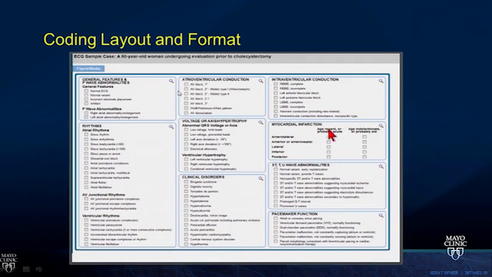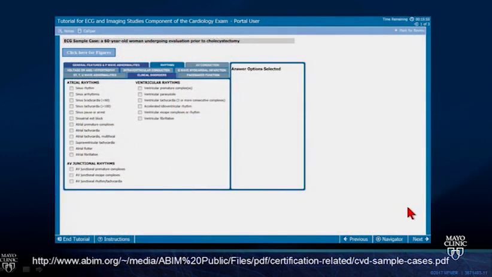One of which that came up as a bit of confusion last year is this Q-wave versus non-Q-wave kind of thing. The board in their scoring system actually moved away from use of the term Q-wave, but as I'll go on to explain a little bit later, it's actually probably a good thing for you to keep in your mind when you're coding these things in terms of myocardial infarction, because there are differences that are important in terms of the way the boards are looking at these things. But beyond that change here, where they removed Q-wave and non-Q-wave, there aren't too many changes from the electronic format to the paper format. Here's the tutorial, and again, I suggest you review this, get used to it,